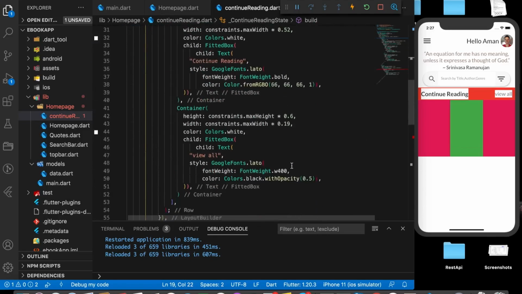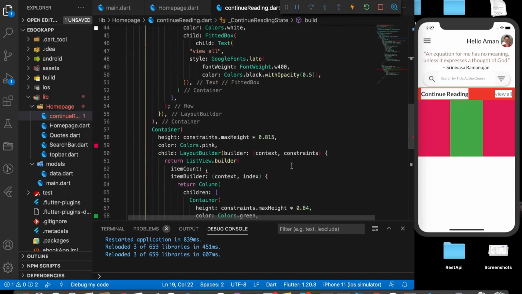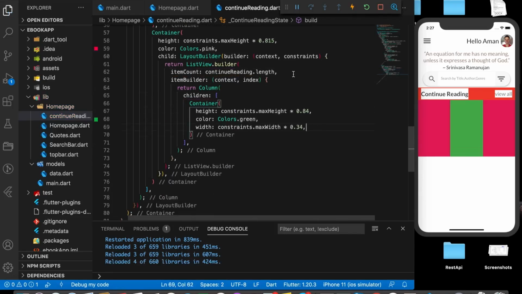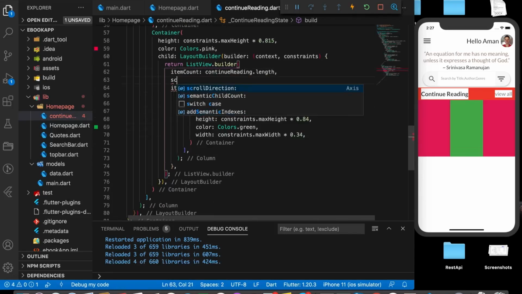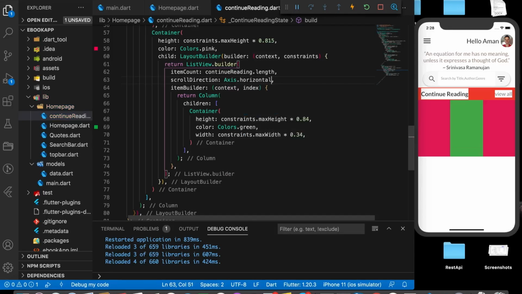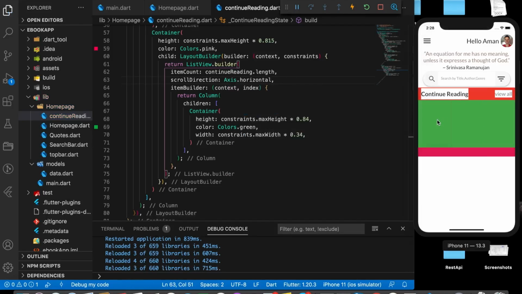You can get that on my GitHub link that I have provided, or you can create your own model. So let's say scroll direction Axis dot horizontal. Yeah, you can see the 3 containers,